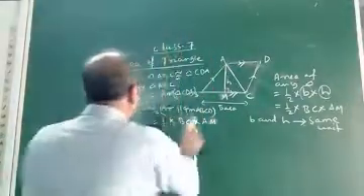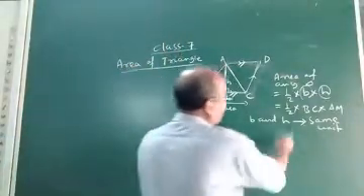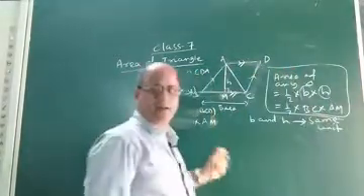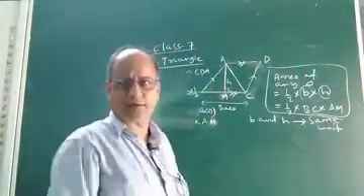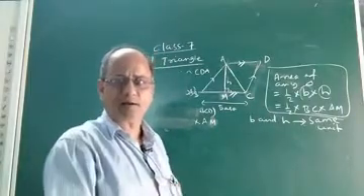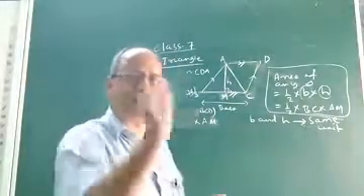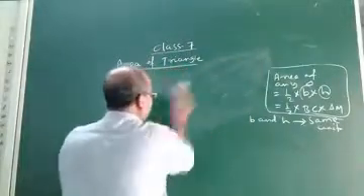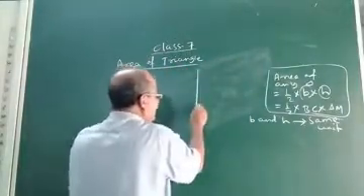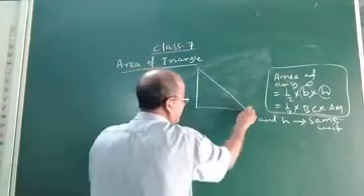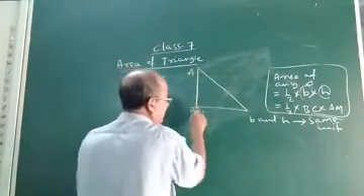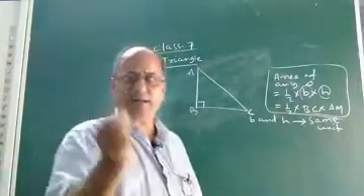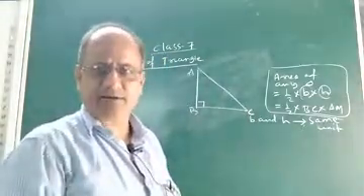So you came to know this is the formula to find the area of any triangle. Now let us make it specific. Let us consider a specific triangle, suppose a right angle triangle. You know what a right angle triangle is. Suppose this is a right angle triangle ABC, and this angle is 90 degrees. You know that in a triangle, if one angle is 90 degrees, we call it a right angle triangle.